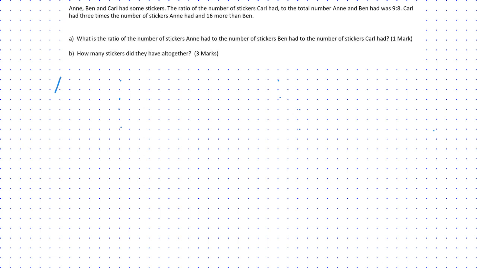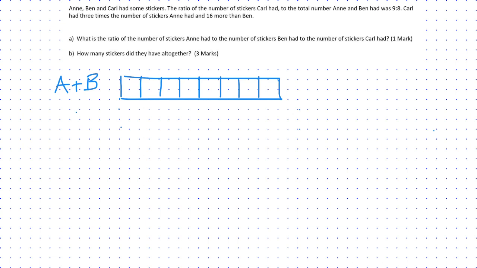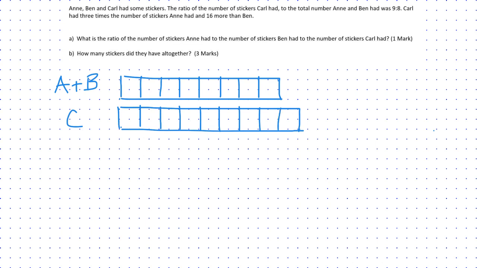So Anne and Ben have 8 units, whereas Carl had 9 units. So 8 units and 9 units. And in total is 17 units. Okay, so to find the ratio between the stickers Anne, Ben and Carl have, we need to find out how many units out of the 8 units here